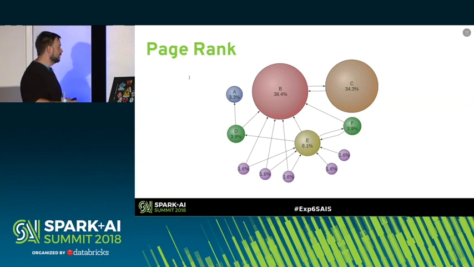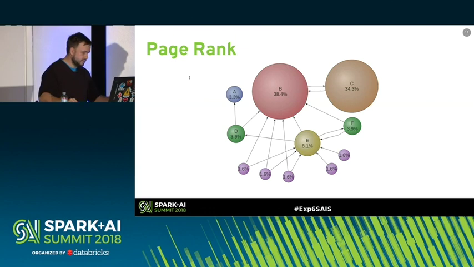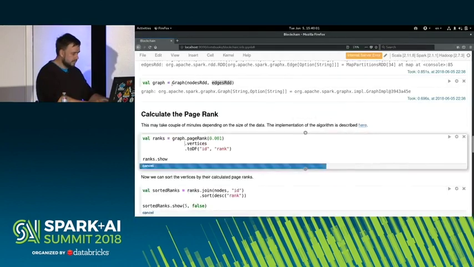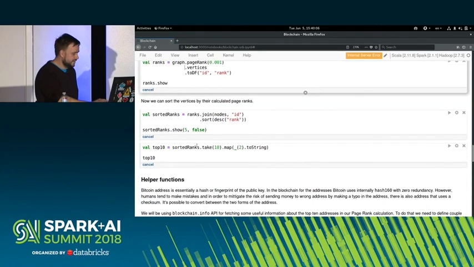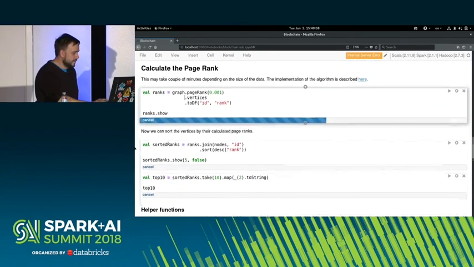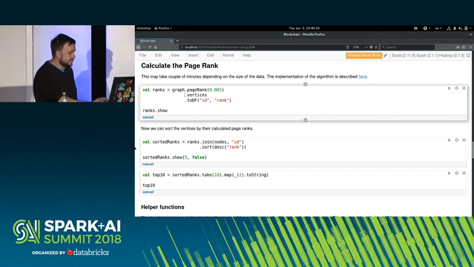So it's an iterative algorithm which converges to some state. And the state denotes how probable it is, if you randomly walk through the graph, that you will end up in the node. It was a really vague description, but we don't have time to describe PageRank here. We just run it because it's there, and we can use it for free, and we should be able to discover some interesting addresses by just running it on this